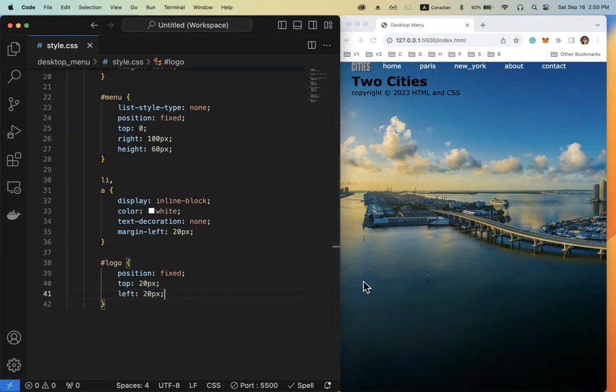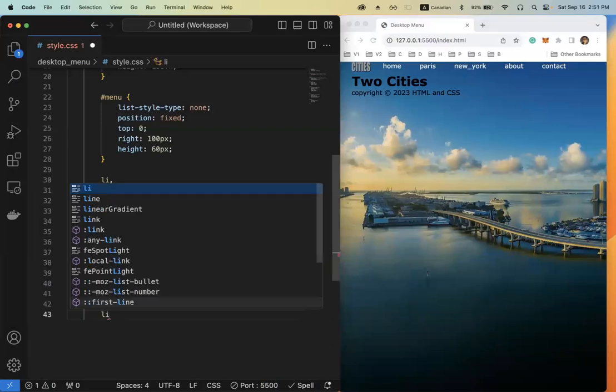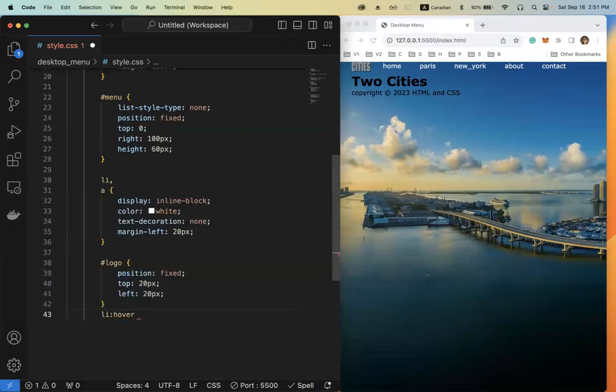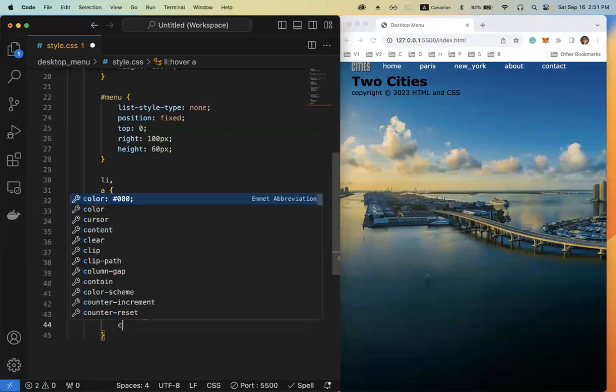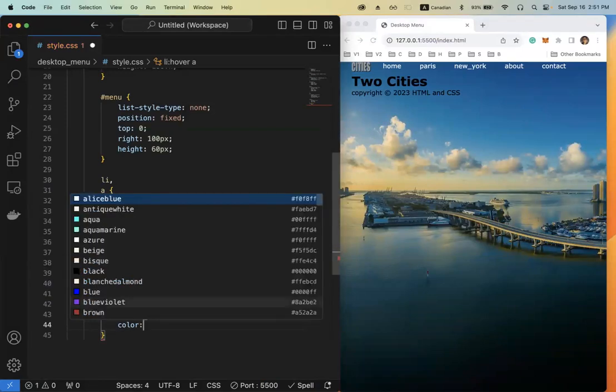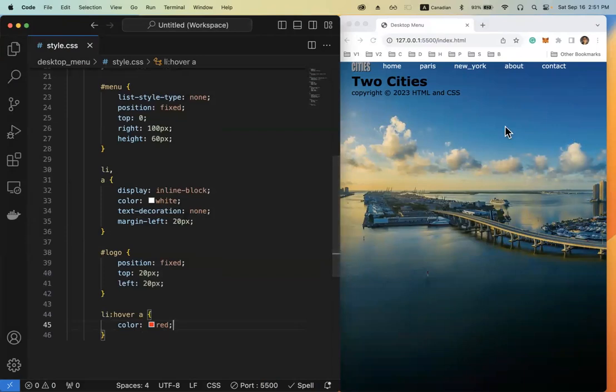And after that, if you hover your cursor on the li element, all the a elements will have red color, like so. So if you hover it, it shows the red color, like so. And also the two cities will be pushed down. So first title, then with